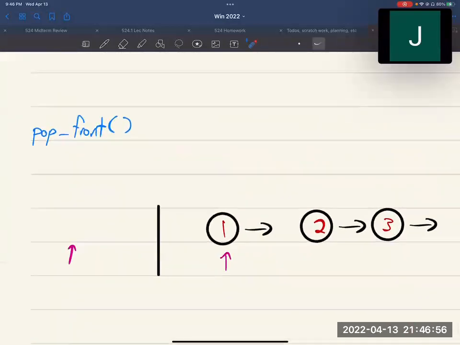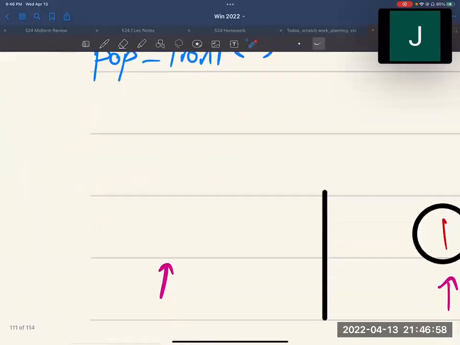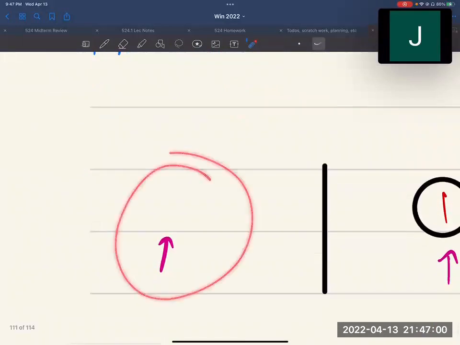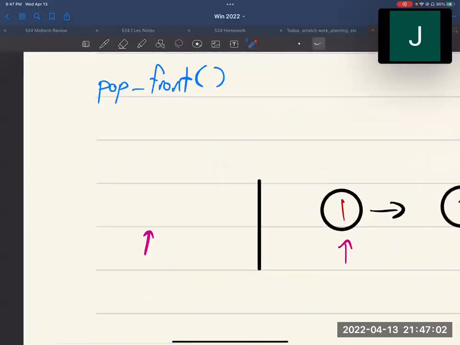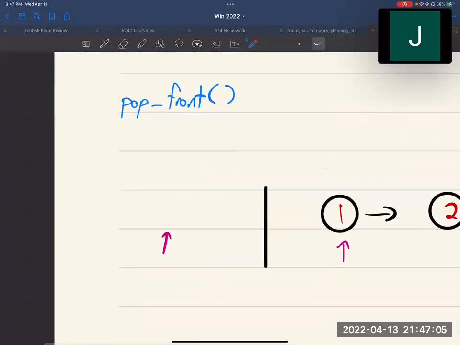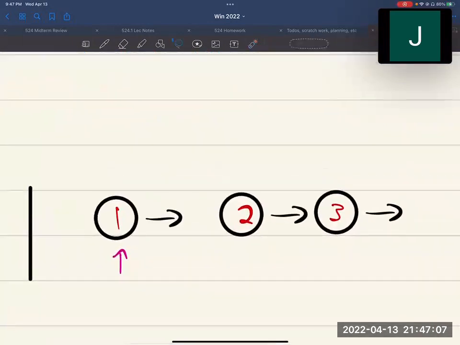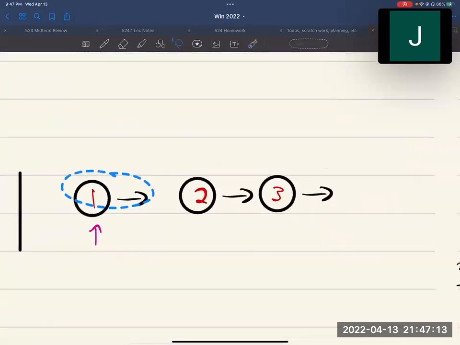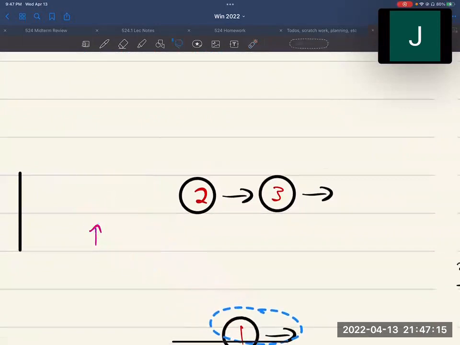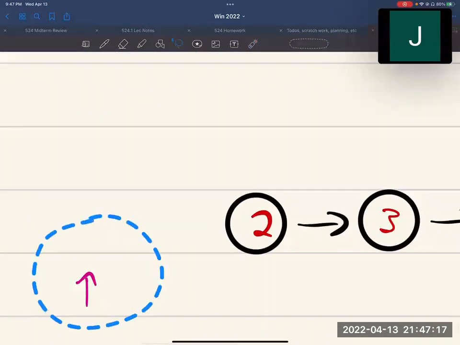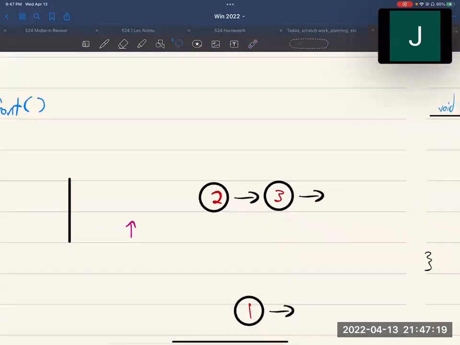So now we have pop front. Pop front's a little tricky. So first, if we're empty, we don't want to access the null pointer again, so we will do an assertion at the beginning once again. So does anyone have any ideas? Okay, so I heard we can just delete head, right? So if we just delete head, oh, we can't access anything in the list now. So that would be bad. What we want to do